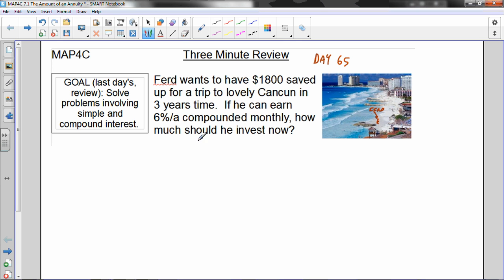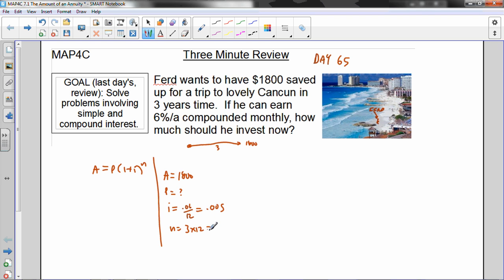So the idea is he's going to invest some money now, and it's going to grow to $1,800 in 3 years. That gives us a hint about what we need to find in our formula, right? A, P, I, and N. The amount at the end is $1,800, and we don't know how much he needs to invest now. The interest rate is 6% a year, written as a decimal, 0.06 divided by 12 because it's monthly. That gives me the I there. N is 3 years' time, 12 months, 36